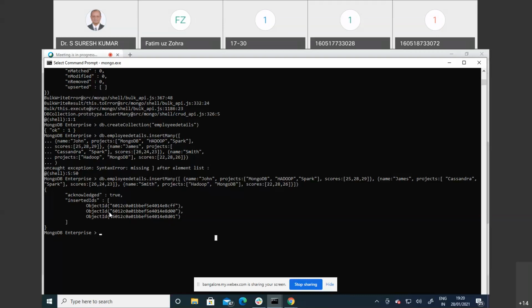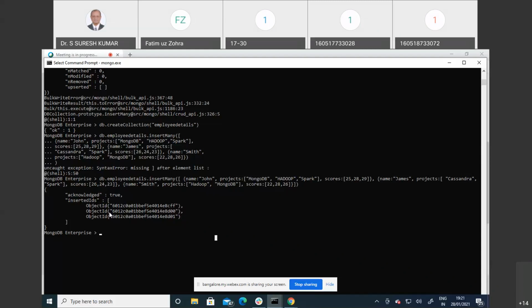See, I said to select all documents, what you need to do now, you need to select all documents where the project value is nothing but an array with exactly two elements, Hadoop and MongoDB, in the same order. What will be the syntax of the command? It is pure logical. I'm just putting it into words. We need to select all documents where the project value is an array with exactly two elements, Hadoop